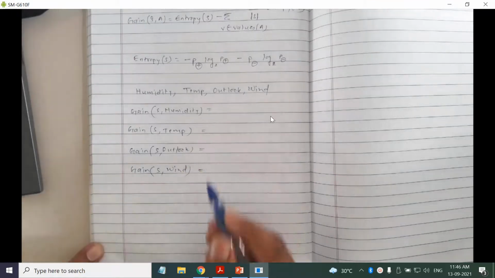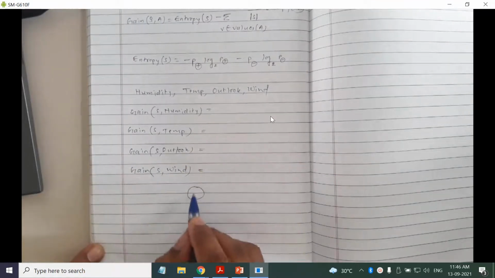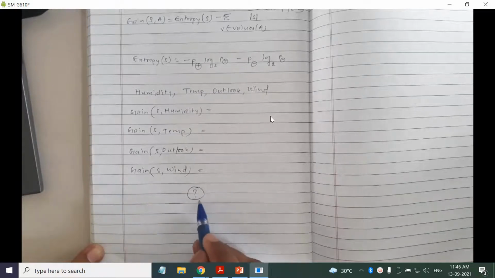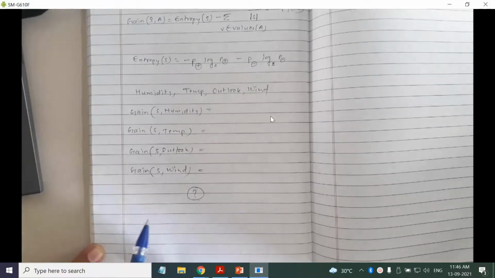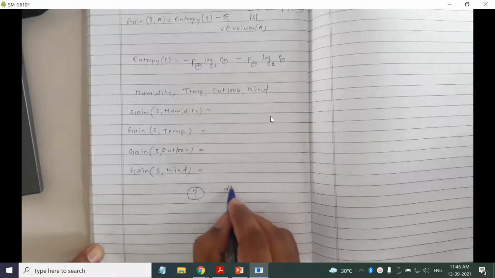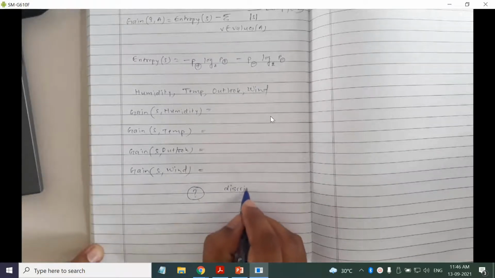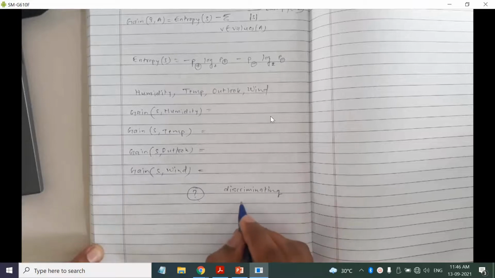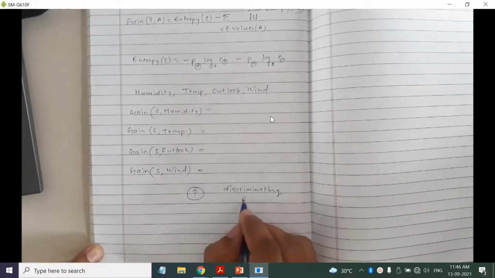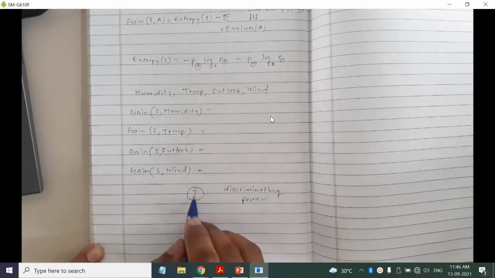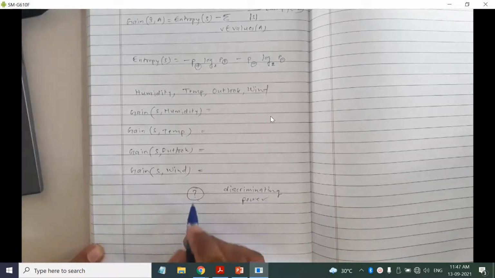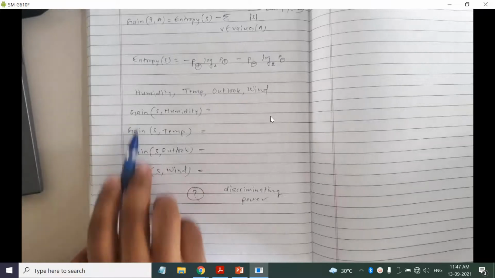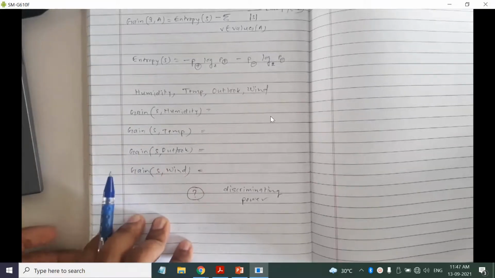Okay, so we are constructing a decision tree. Now what we are determining is which attribute is to be placed at the root. We have to select the attribute which has the most discriminating power, the one whose classification power is greater, and that is the one we place here. We are deciding that based on the values of gain. Now let us calculate the values.